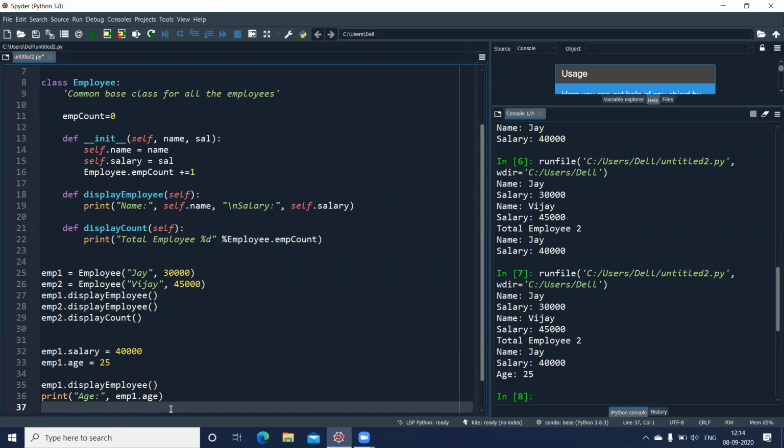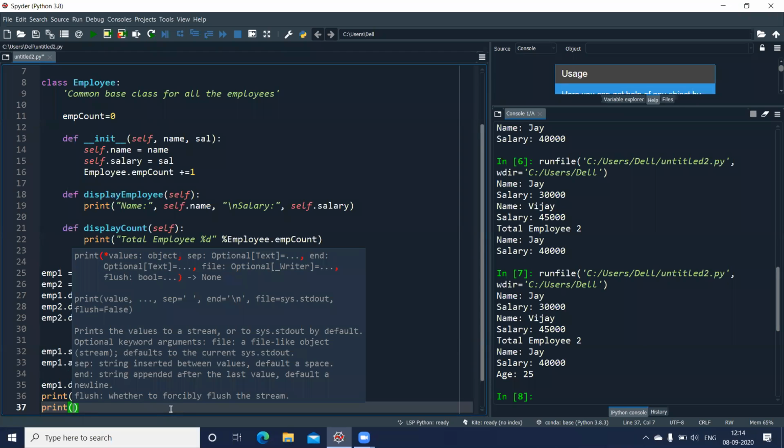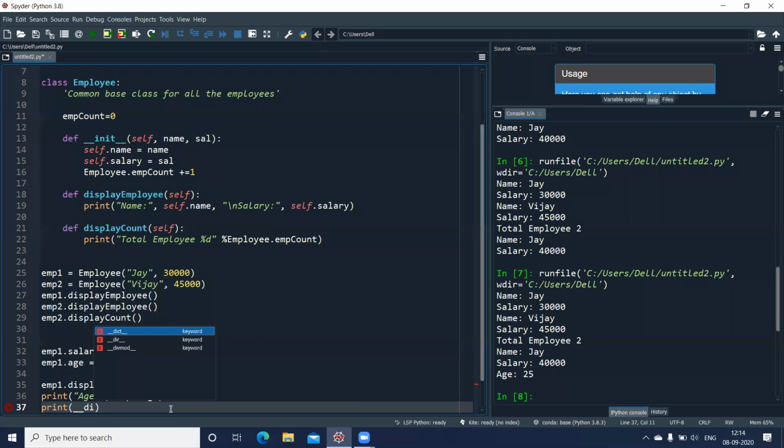I can write print, then emp1 dot double underscore dict with round brackets, and execute this line.